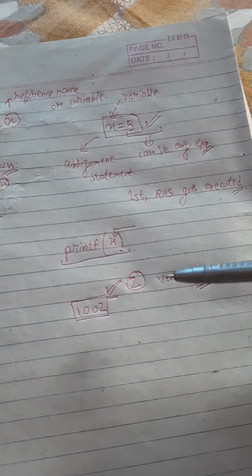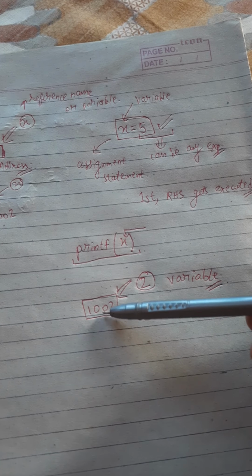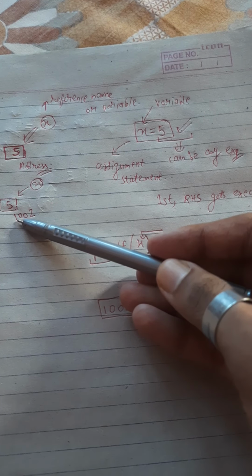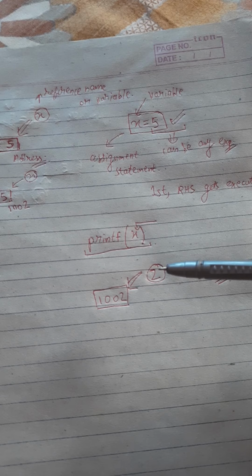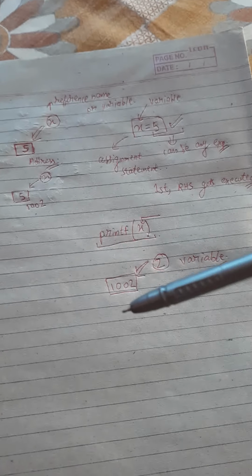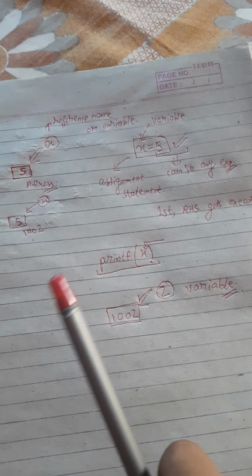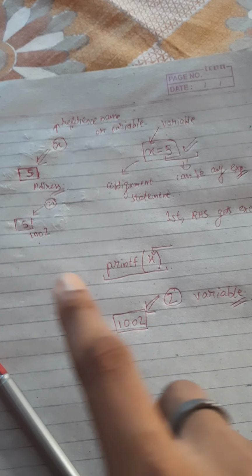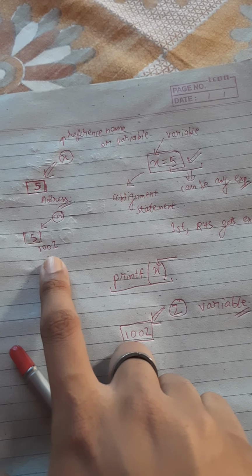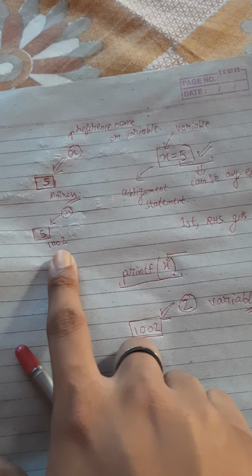These kinds of variables, which hold a value that is itself the address of some other box or location, are known as pointers. In C we have a special way of declaring pointers, which I'll come to within a few seconds. So this is the basic concept of pointers. Why are pointers used? Pointers are used so that we can store the address of some other location or box. I am referring to it as a box because it is easy to understand.